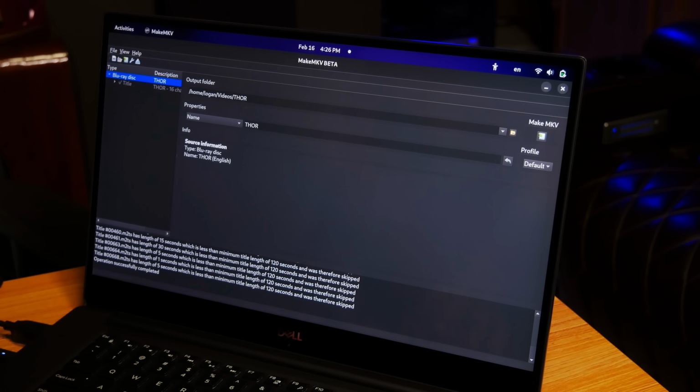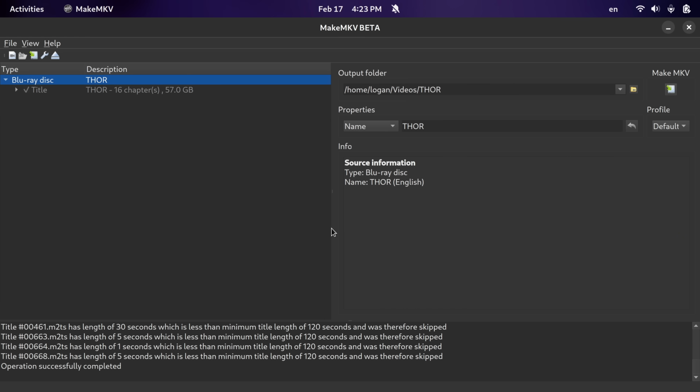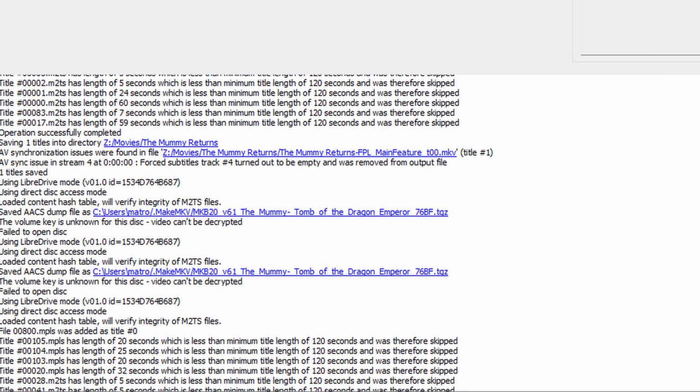And just like that, you can see that we've gotten to this new screen that gives us some information about the contents of the disk. If you got taken back to the previous screen, then look at the log information down here at the bottom of the window and see if you got any error messages. If your disk couldn't load